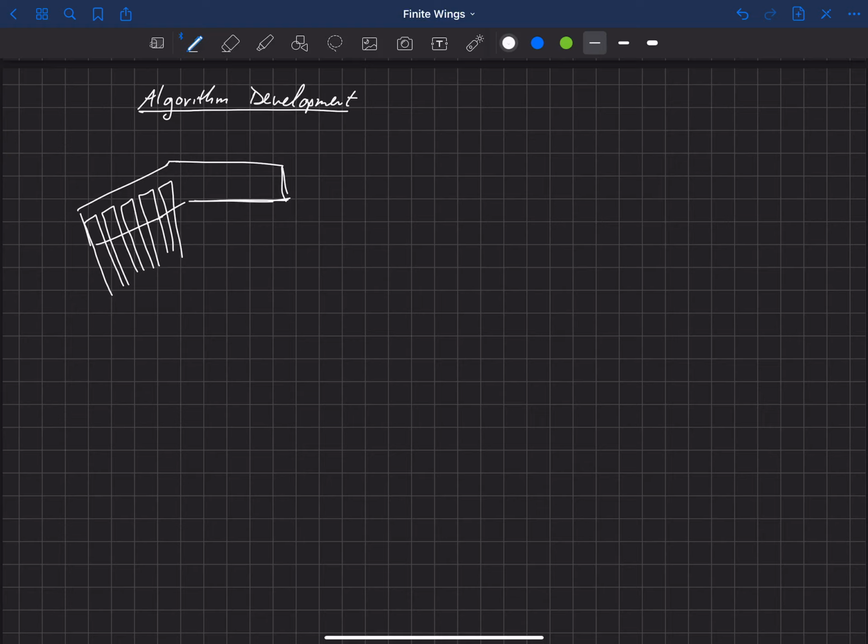Okay, so we understand how we're going to place the horseshoe vortices now along this wing. And I've redrawn that here. So here's our wing outline, and then we're going to put these bound portions of the horseshoe vortex along the quarter chord and have these trailing horseshoe vortices coincident from neighboring horseshoe vortices, and those go off to infinity in the direction of U infinity.